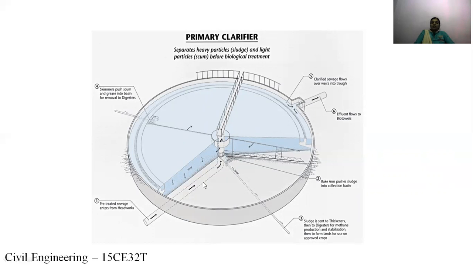Pre-treated sewage comes here. Then the clarifier rotates and in the settlement zone, sludge will be settled down.